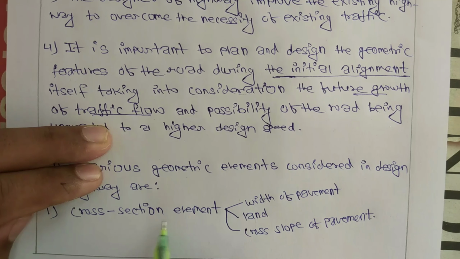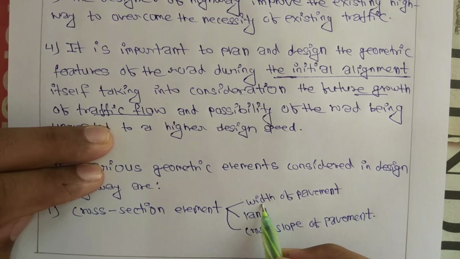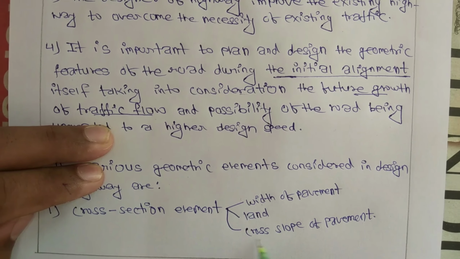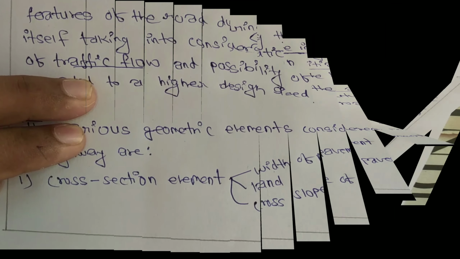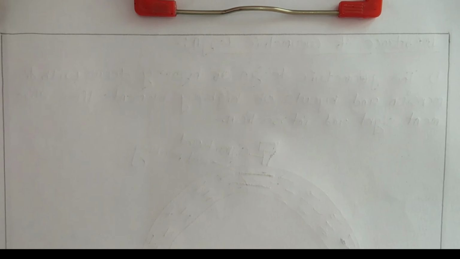So the first point is cross section element. It includes width of the pavement, lane and cross slope of the pavements. Moving into the second point,